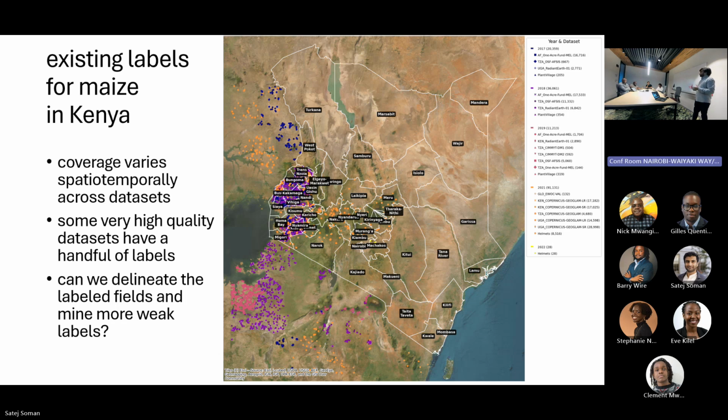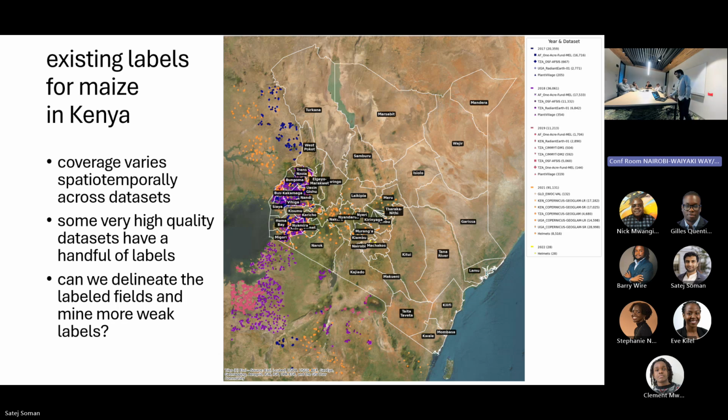Unfortunately, those data sets only have sometimes 20 to 30 actual usable coordinates, but those 20 to 30 points are relatively high quality. So the idea is, what if we use this segmentation workflow that I've shown to not just look at the pixel that the reported coordinate falls into, but to select all the pixels in the delineated field that the high quality label falls into, and then sample from those polygons that represent the field, and then generate a lot more weak labels that way.